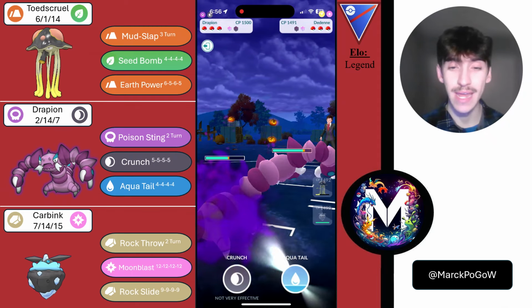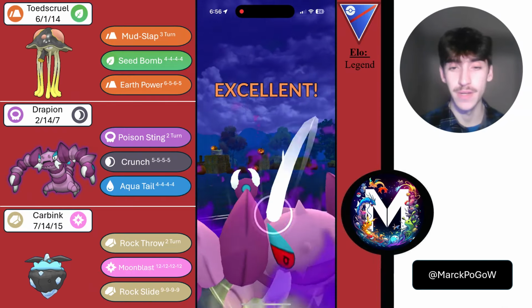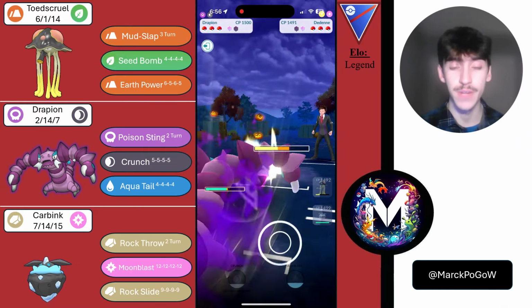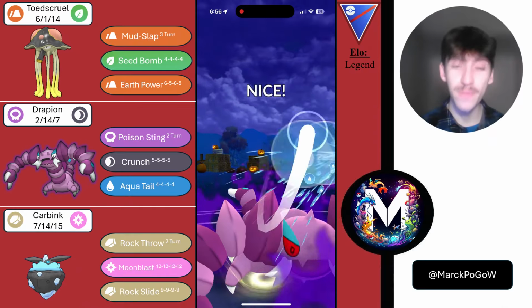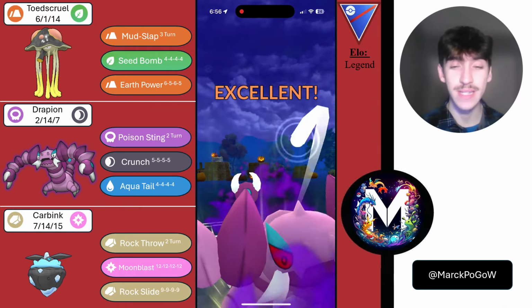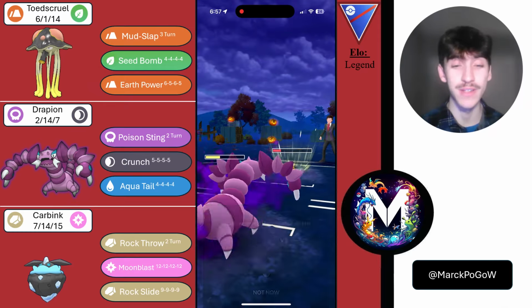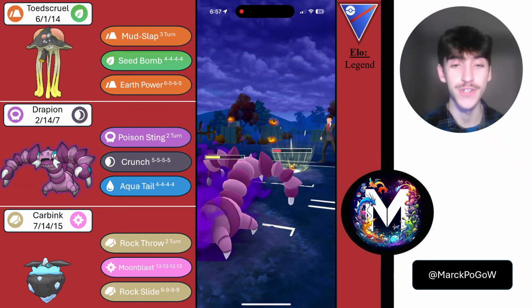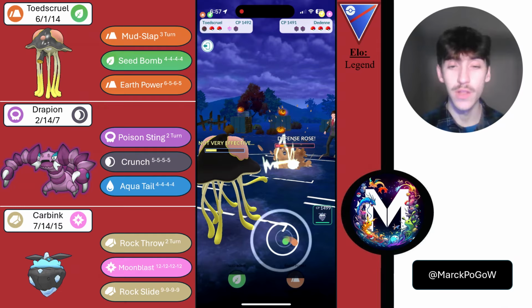because now when they come in with a Dedenne in the back, I will be able to outpace the opponent, make it to an Aqua Tail. Aqua Tail will be some pretty solid neutral damage. The opponent is definitely just going to let that go. Unfamiliar with the fact that I snuck a Poison Sting there, they end up overfarming too much, allowing me to get to a second Aqua Tail, and then there is the shield, and we have a hard punish to the Dedenne on the lead. So I'm just going to let the Parabolic Charge go, look for a full farm down